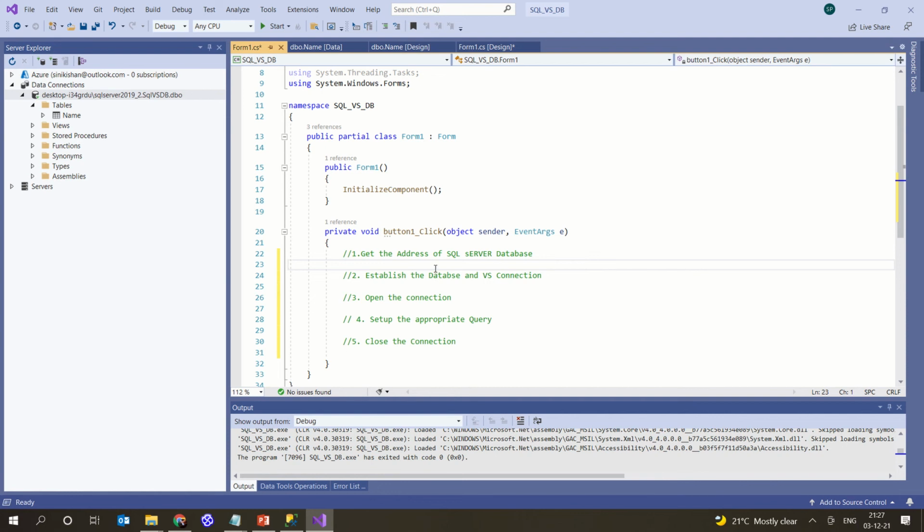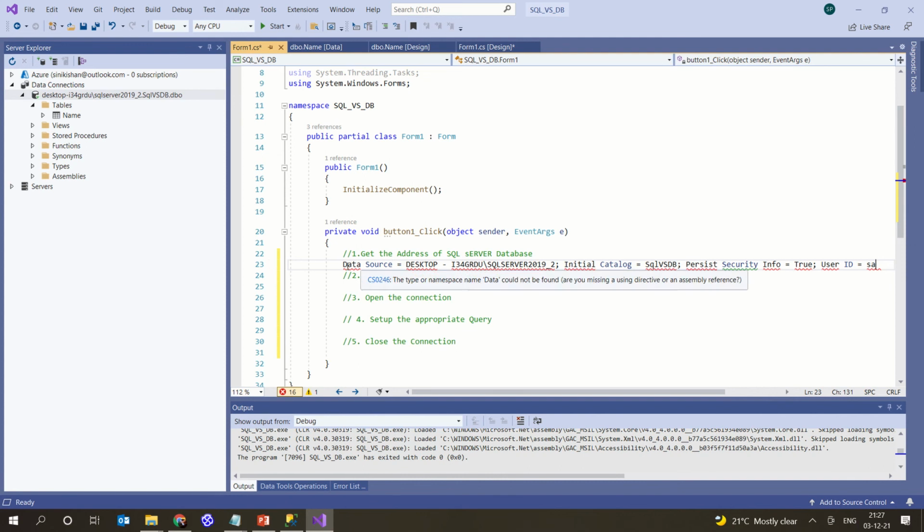So what I'm trying to do is use this string, sorry, connection string.